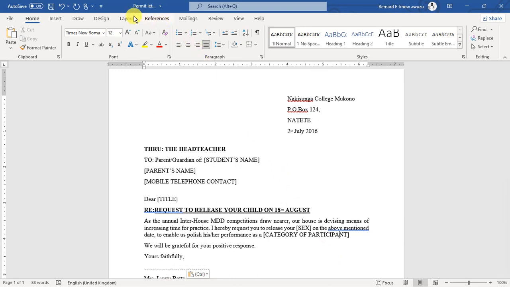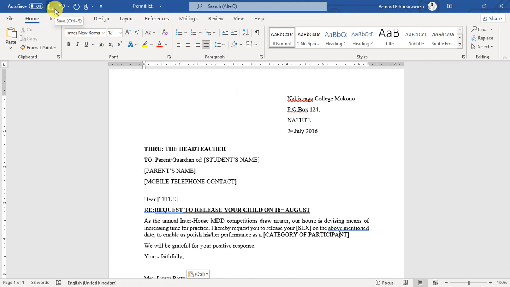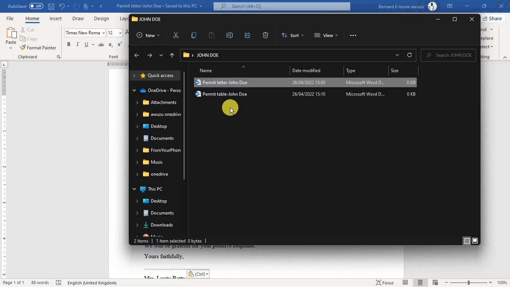You can save it by clicking on that icon. Now that icon, that bar, is going to help us save. So when I click on it, you can actually see that this document has now been saved to this PC, sorry. Now this document being saved, we are going to open our second document, which is going to